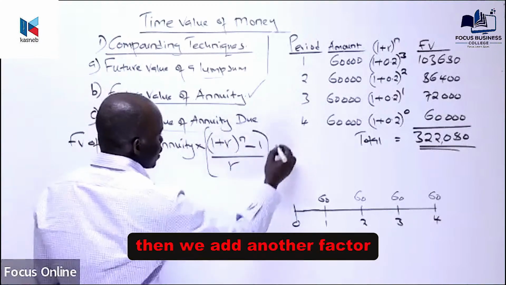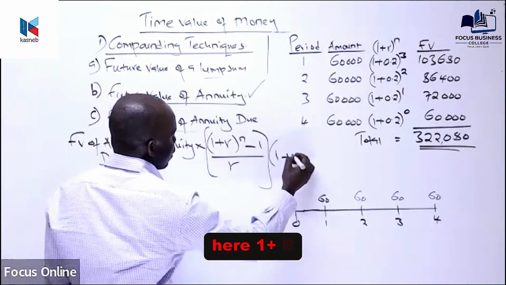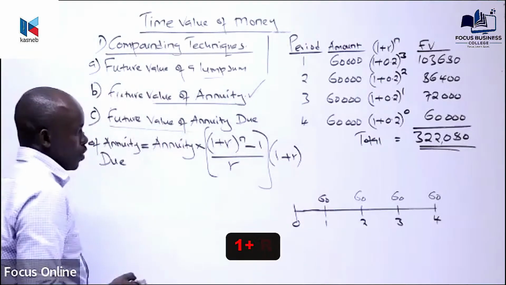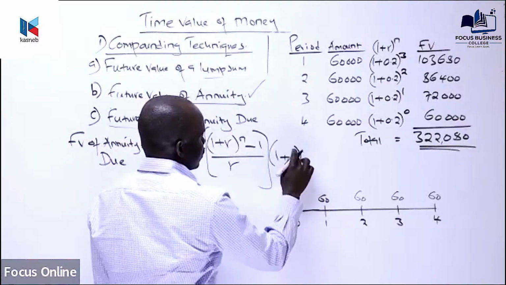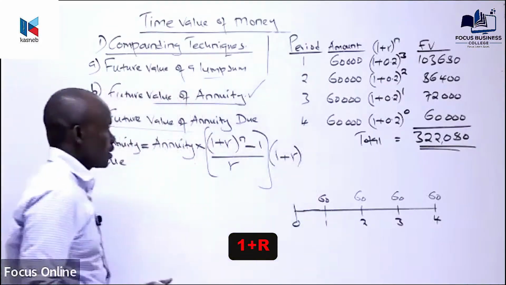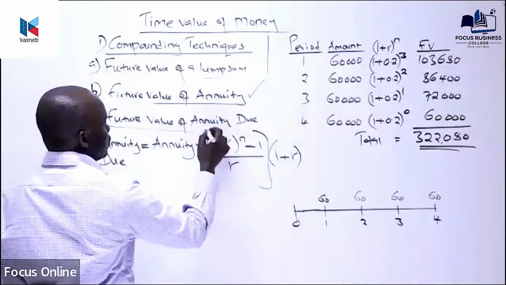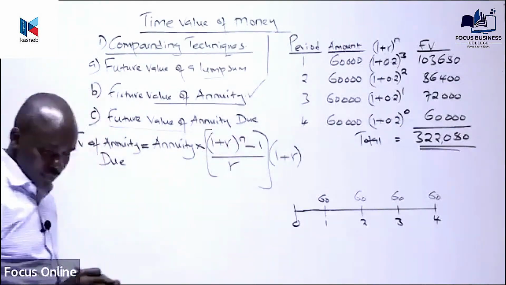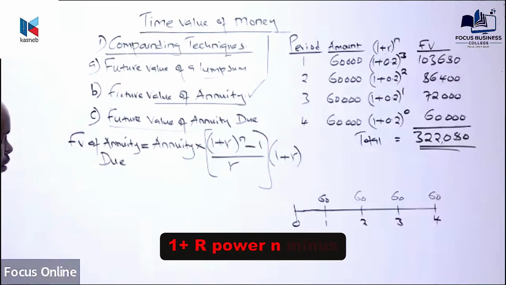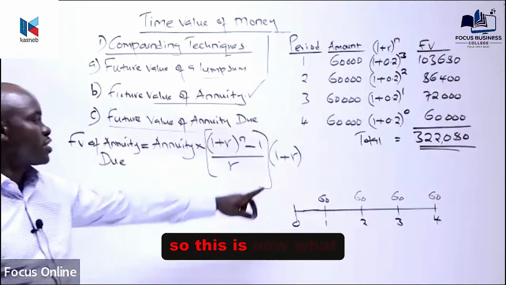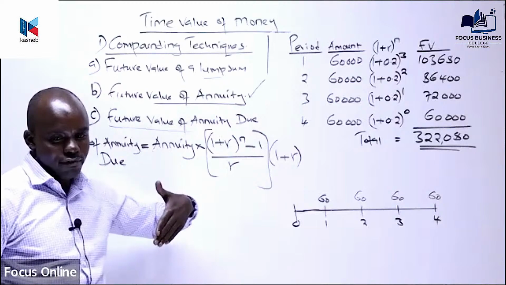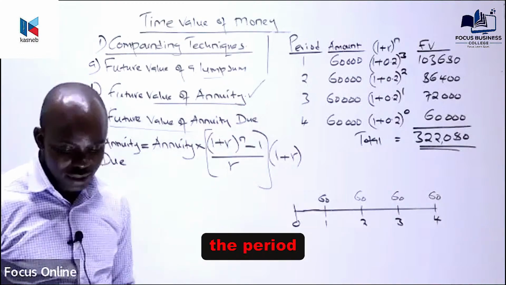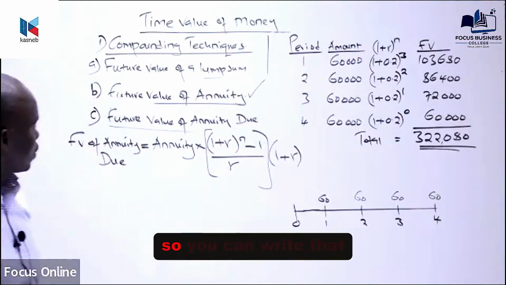Then we add another factor here, 1 plus r. So it is 1 plus r power n minus 1 over r times 1 plus r. This is now what caters for the element of investing at the beginning of the period. So you can write that